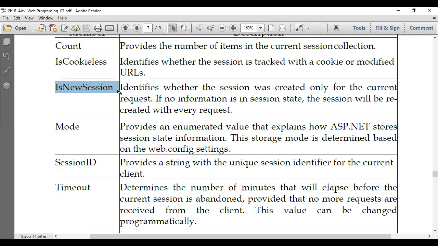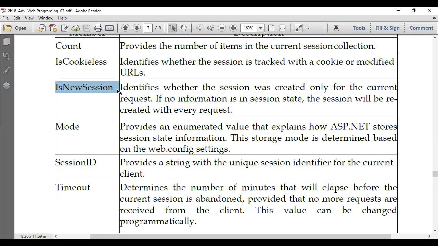And you are checking IsNewSession on every page. If on the same computer, same browser, the user uses it after we have logged out or after the session timeout, the IsNewSession property will return true. Whenever it returns true, that means the same user is not using it; someone new is trying to access the session through the URL. So we can abandon or terminate the session and force the user to log in again. Hope you understand this example.